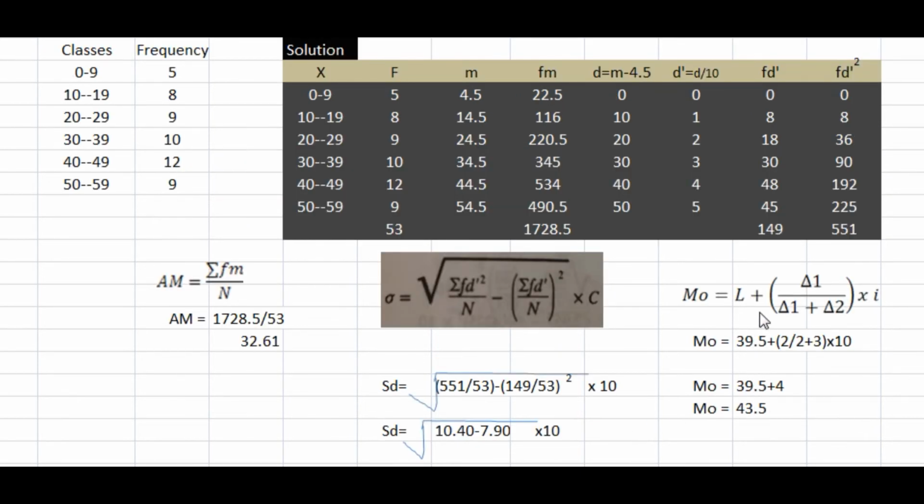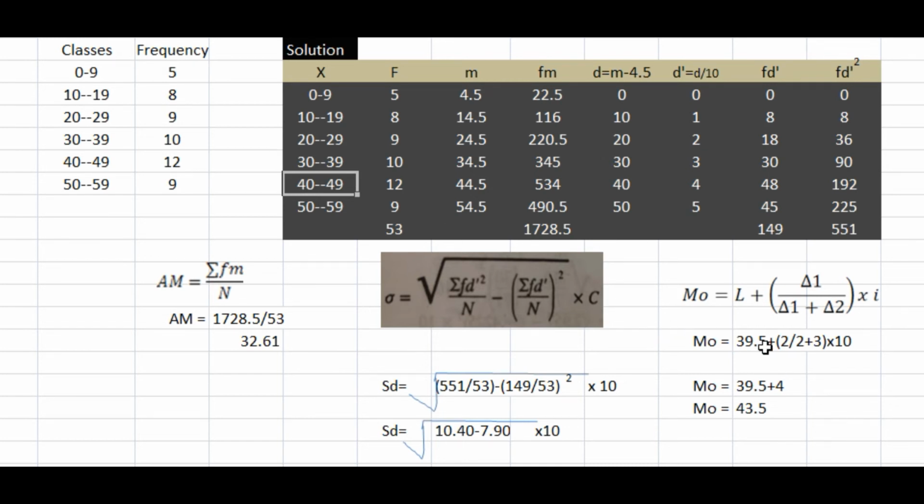Okay, the mode is like this now. Mode equals what? Highest frequency. Highest frequency in the question is 12. So this area belongs to the mode area. This was your mode actually, right? So what is L here? L is 40, but this question is based on inclusive class interval. In case of inclusive class intervals, what you have to do? Whatever L comes, 0.5 less. That is 40 minus 0.5 is 39.5. I think you all remember that in case of inclusive class, whatever L comes, you subtract 0.5.